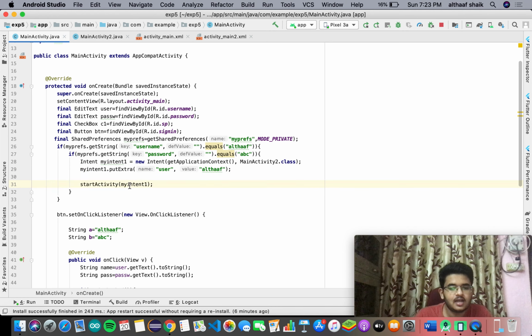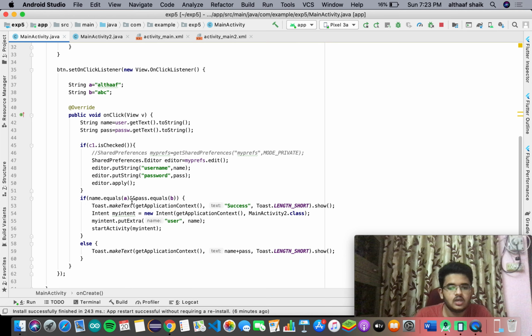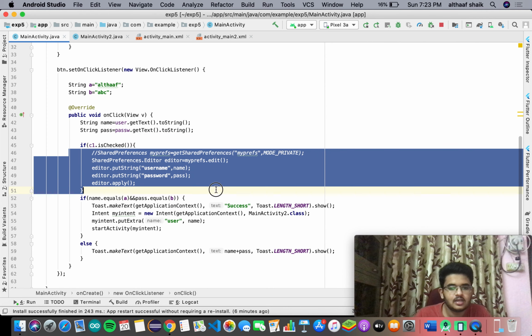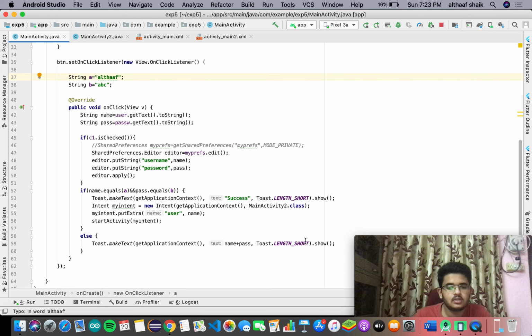Using start activity, we go to the next screen. The basic thing is, if you check the checkbox, it saves into the shared preferences, else it doesn't save. This is just string matching, not using a database for login. If the username equals this, we show login success and take them to the next screen, else you can keep a message here, login not successful.